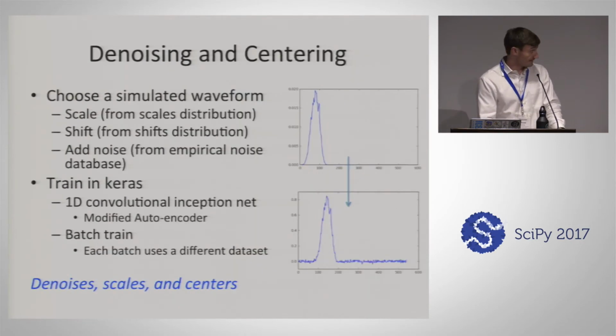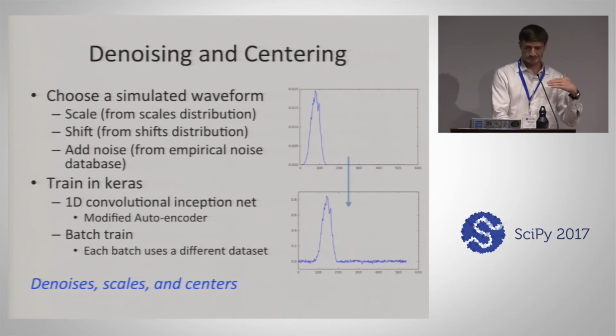And then to actually see how this would work in the real world, I took noise from the ICESat waveforms and added it to my simulated waveforms. So basically, I have a distribution of scales for my empirical waveforms, a distribution of shifts in terms of how much they're shifted, and a distribution of noise. So I've got 1.9 million noise vectors that I can add. And each time that I would go through, I would